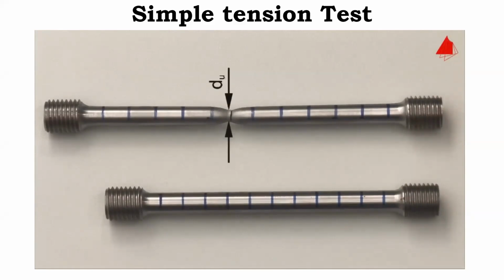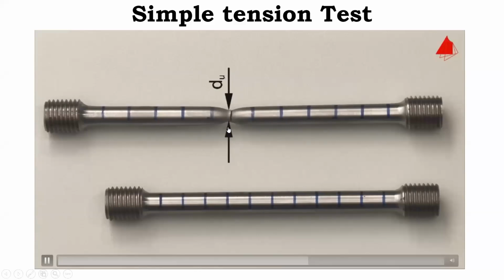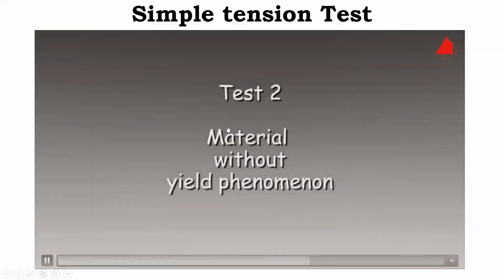By measuring the smallest diameter at the point of fracture, the percentage reduction of area can be calculated. It describes the reduction of cross-sectional area at the point of fracture in relation to the original cross-sectional area. In the second tensile test, a material without